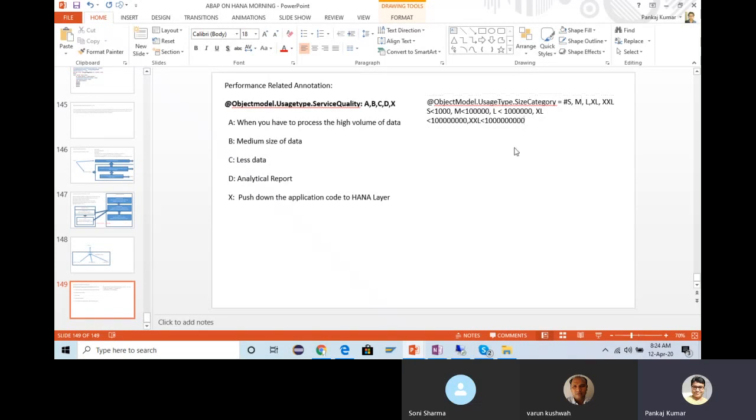Okay, so like that you can have the number of records for this size category. Now another important annotation: here we are mainly having 3 annotations. One is @ObjectModel.usageType.serviceQuality, and this is the second one. And the third one that we are having is